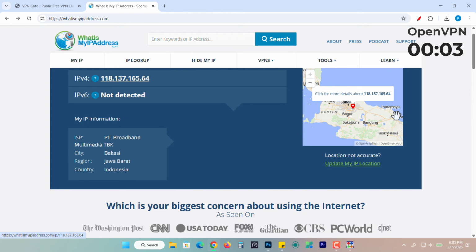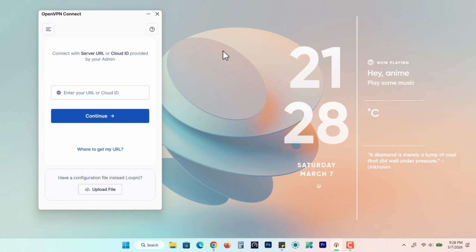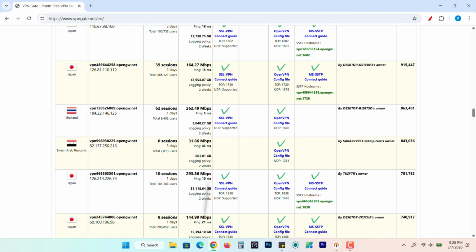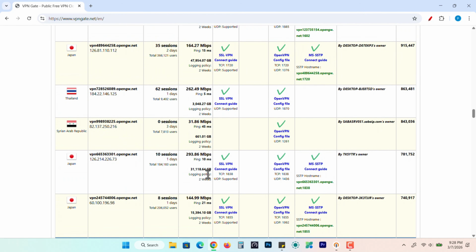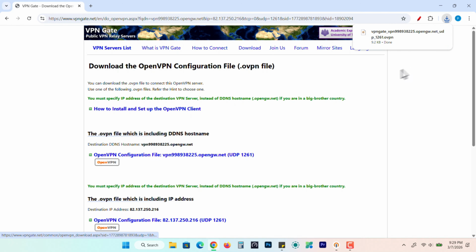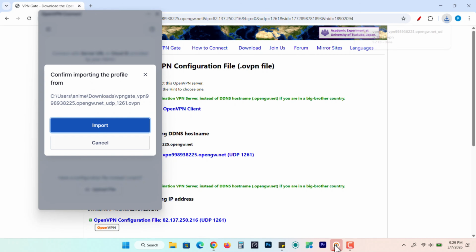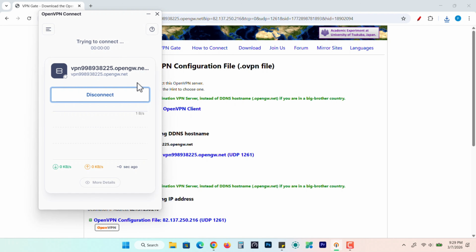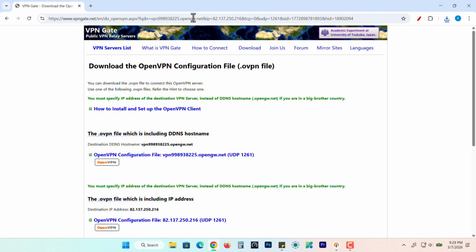So this is kind of a project which is really open. People let their computer connect with public users. And the second method, as I said, the OpenVPN Connect, and here this is the best one because you don't need to do the username password thing, or neither you have to copy and paste. You just have to download the OpenVPN config. Then you just need to pick the UDP or TCP configuration file, whichever is available. You just have to double tap on this and it will import inside the OpenVPN Connect. And once you do that, it will be connected,